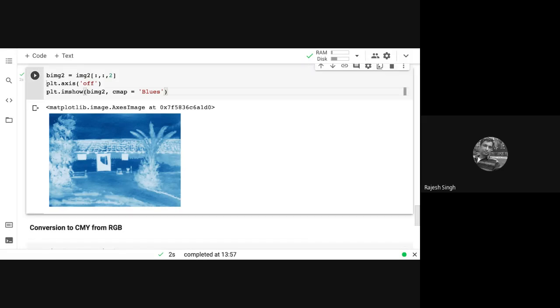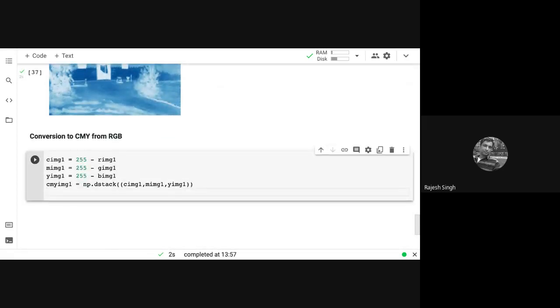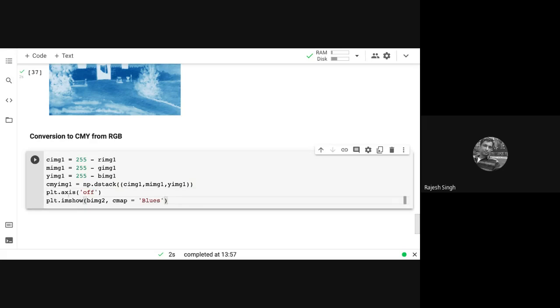Many of you know more Python than us. I use this print command once again with suitable modification. plt.axis off, plt.imshow. So now I want to show this image. I remove this for the time being and see what I get. So let's play.